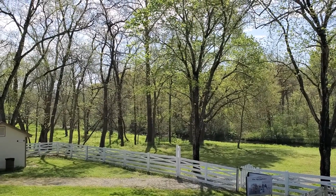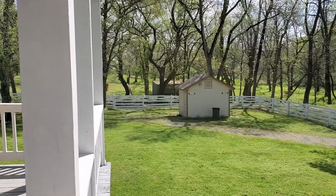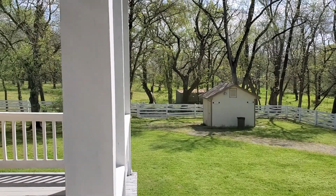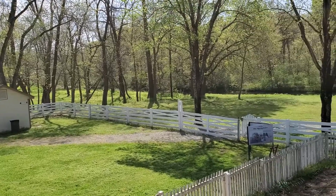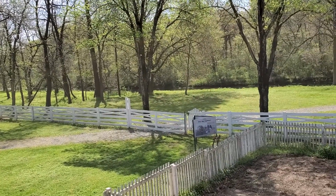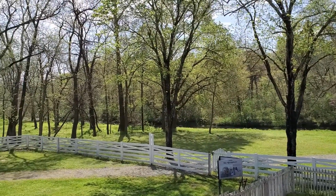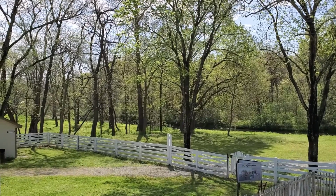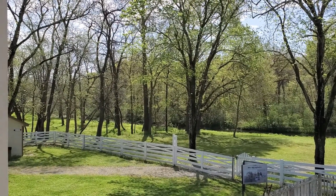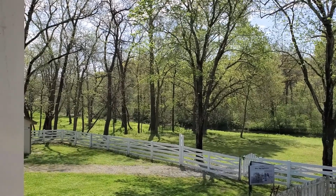And so his place was there, and then Chief Ross's plantation was in this direction over here. Since one of Chief Ross's enslaved were married to one of the Merles' enslaved, there's a possibility that right back in that area is where the slave cabins were, and that's where they all kind of lived. So they may have had a little slave community there that would have been right in the center of